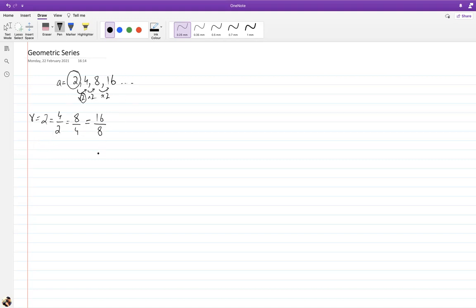Now, just like in arithmetic series, what were we doing? We were adding, we were taking a few jumps. For example, a simple arithmetic series was this. Let's suppose I want to get to 8. We are taking jumps of 2 every time we want to get to the next one. My starting point was 2. So if I want to get to 8, I have to take 3 jumps. Why is that? Because this is term number 1, this is term number 2, term number 3, and term number 4. So for the fourth term, I have to take 3 jumps.